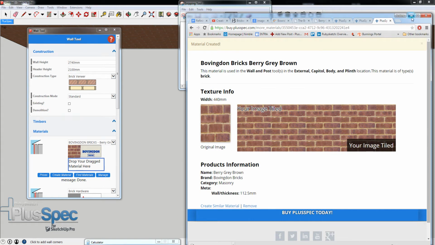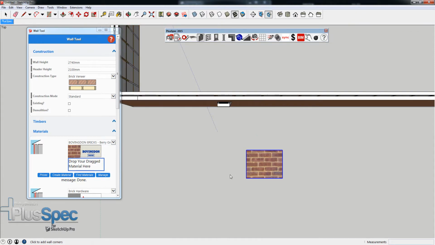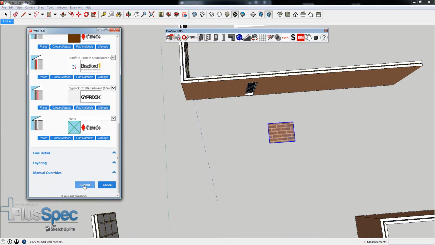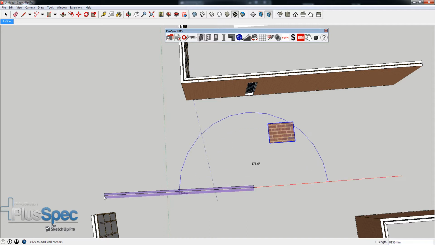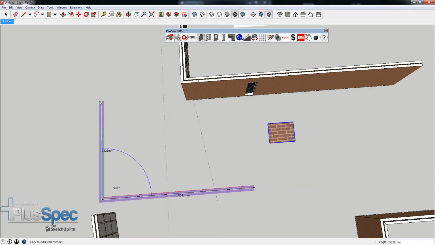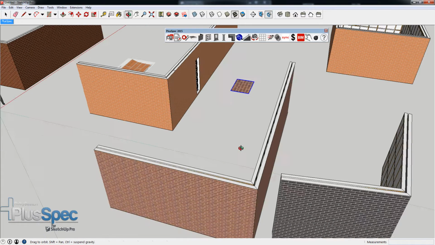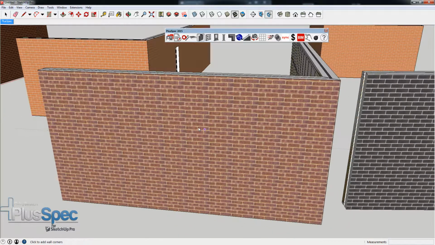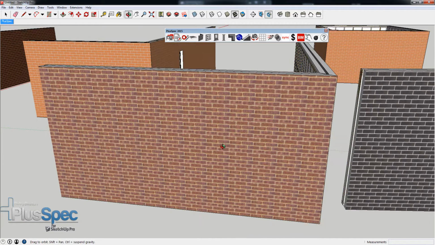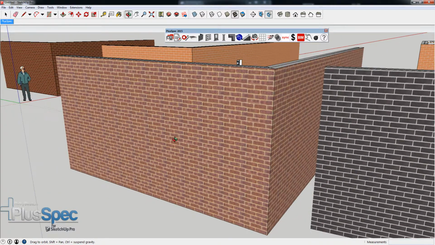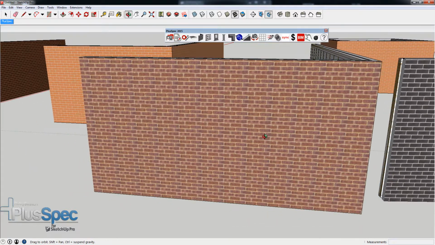Now if I just get out of this and I go in here and I draw a wall, submit. Okay. Oops. And now I have my Bovingdon brick. You'll notice that it's starting to replicate because it was a different color brick. You're starting to get a bit of a pattern there. So the larger image you get, the better that'll turn out. But at the end of the day, my sizes will be correct because I put them in,